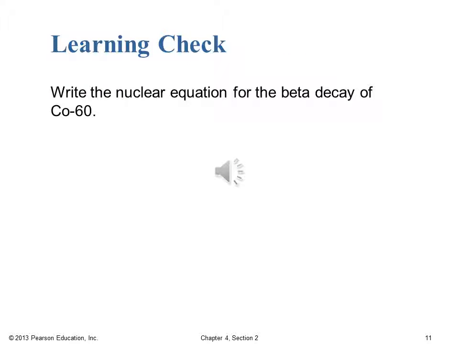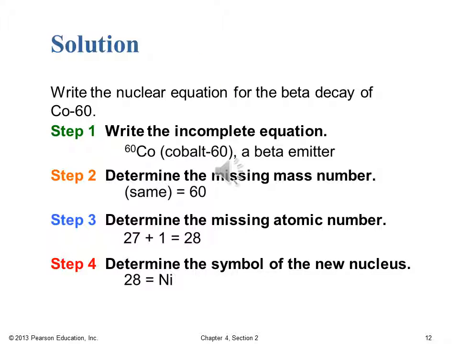Alright, so now let's check and see how you do on your own. Your challenge here for this learning check is to write the nuclear equation for the beta decay of cobalt-60. So it's very similar to what we just did. Now you're just starting with a different isotope, and obviously ending with a different isotope, but the rest of the process is the same approach. So pause the video now, take your time, do this thoroughly and correctly, and we'll check in with you when you start back up. Okay, hopefully you were able to fly through those first 4